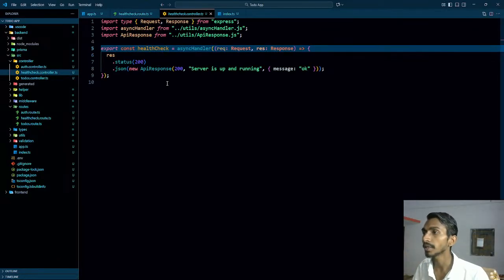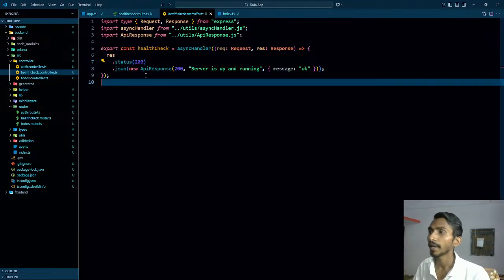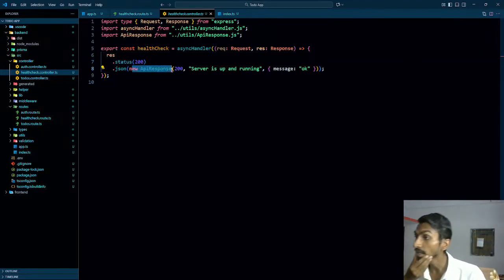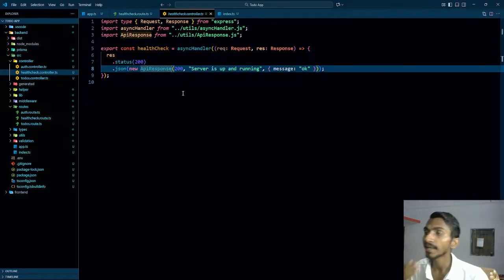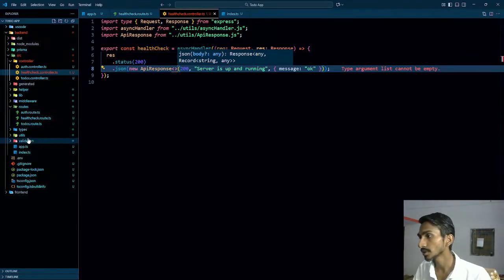If I just click on it, we are doing nothing but simply sending the response status 200, and we are just simply sending a response in API response. Ultimately it is 200, the message is "server is up and running", and this is the data that we are sending. And now API response, it can have the type, okay, because if I talk about API response,